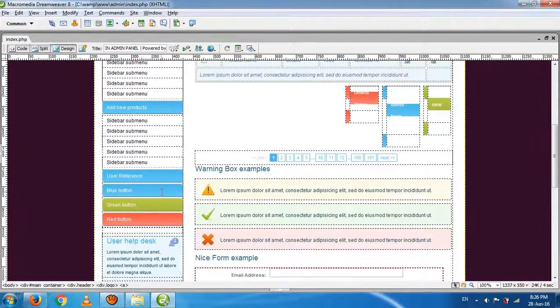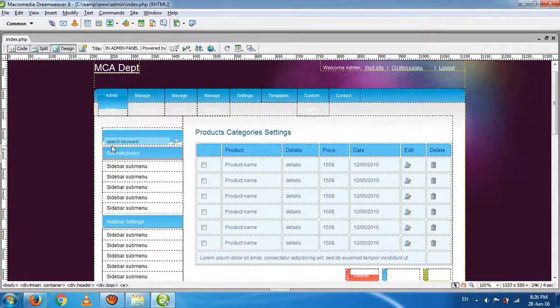All these things are under only one file, but it is good practice to separate the different divisions, from the MCA department to the contact, all of these. See my mouse pointer. If you create a separate file for the header, then it is good. The reason is that in future, if you want to make a modification to the menu or something over here, it is easy; otherwise it will become cumbersome and difficult to manage. So make a partition of your project into different parts.